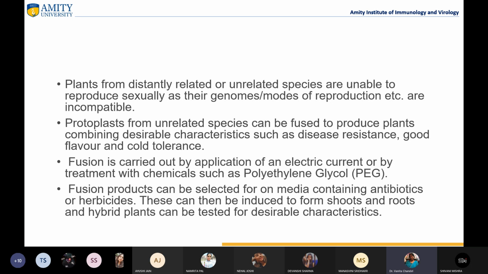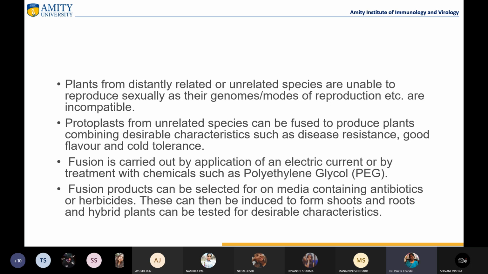So this can be done by the protoplast isolation method. We can isolate the protoplast from both the plant types, and we can fuse them, and then we can select the hybrid lines. So mostly in one or two hybrid lines, there will be qualities which contain both qualities of a good yield also and a disease resistance also. So that selection we need to go for, right? So these kinds of processes are important, right? So protoplasts from unrelated species can be fused to produce plants which can combine desirable characteristics such as disease resistance, good flavor, or could be the stress tolerance, or a cold tolerance, or a temperature, or any other environmental stress